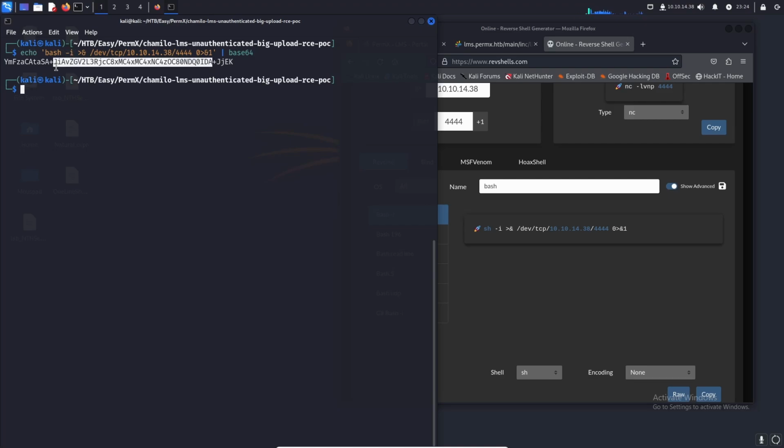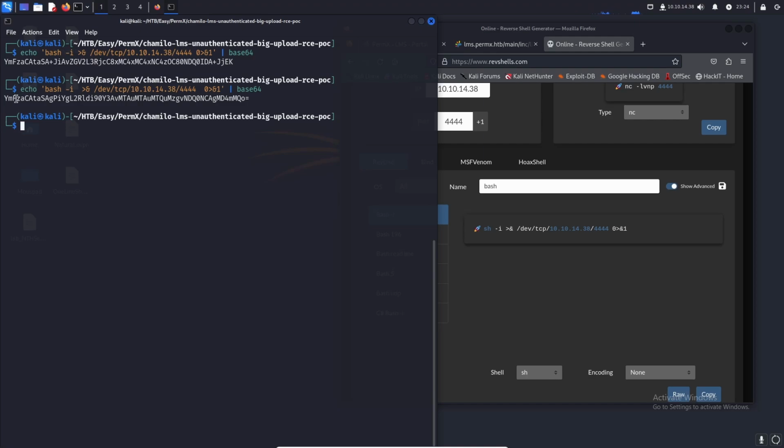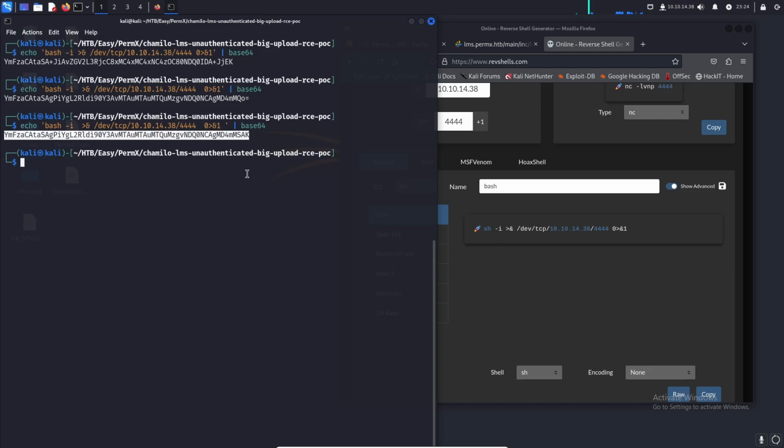And whenever you see pluses like this, it's best to try to get rid of them. So we are going to be URL encoding it, and plus is URL encoded for a space. It's very possible that your reverse shell can get messed up when there are pluses in the base64. So whenever you see the pluses, go into your echo statement here and add a space and see if that clears it up. See, the pluses got cleared up, but now we have an equal sign, so we can clear that up as well. So pluses and equal signs you want to get rid of, you just want it to be straight characters. So now that we have that,